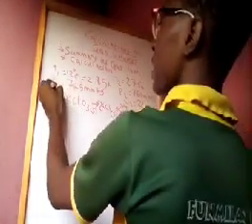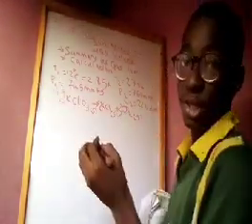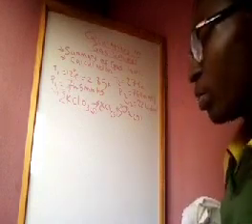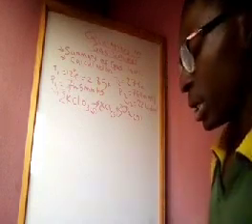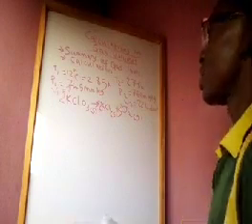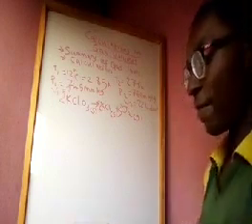So the volume at the given temperature and pressure for this question, we don't know it. That's the unknown, that's what we're looking for. So moving on, let's see what we can do. Now the molar mass of KClO3 is 122.5. So that means if in the question we have 5 grams of